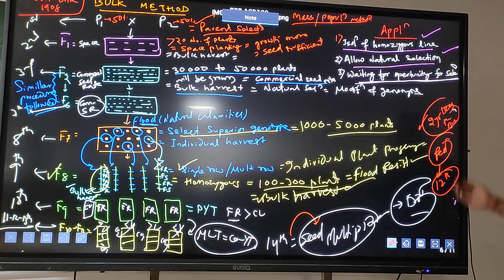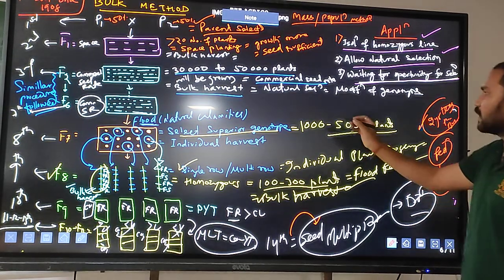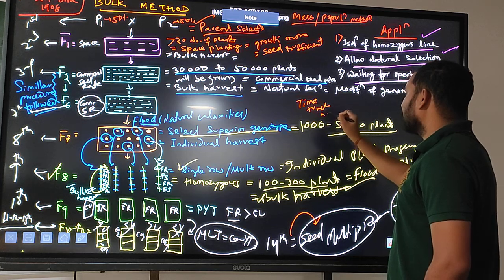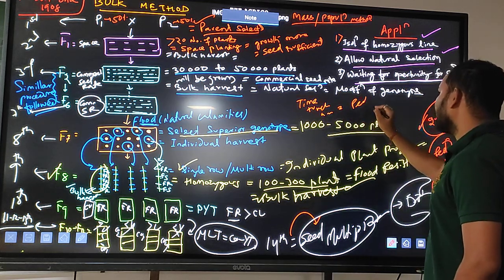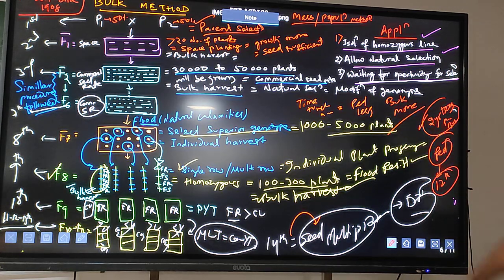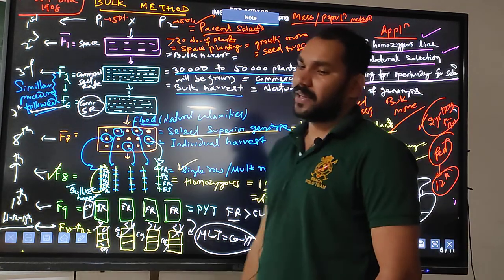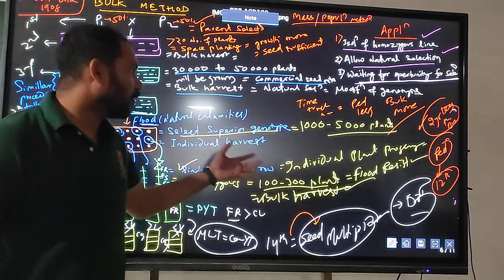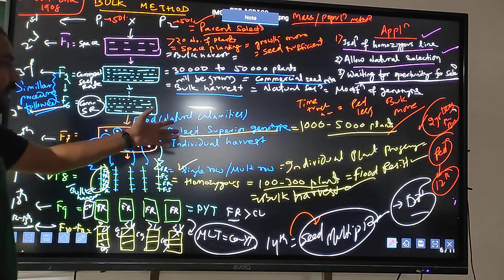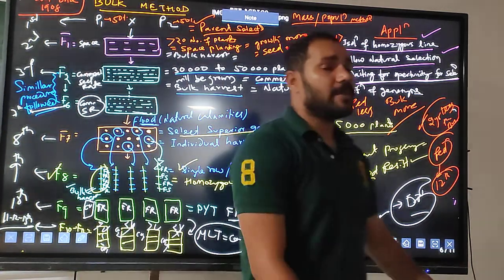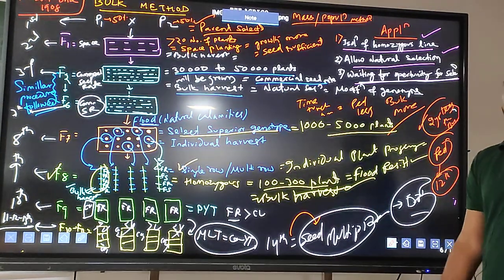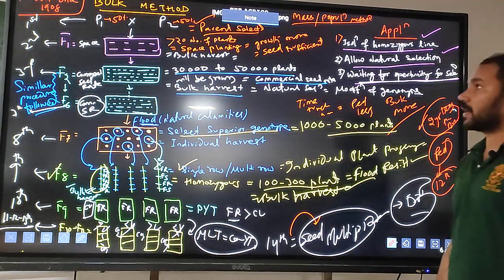So I can say, if I talk about the time period to release a variety, in the pedigree method it will take less time, but in the bulk method it will take more time to release a variety. And the second important thing, we have to go for the merit and demerit of the bulk method. So this is the basic thing you have to just remember. If there is any doubt, then please ask in the comment section. Okay.